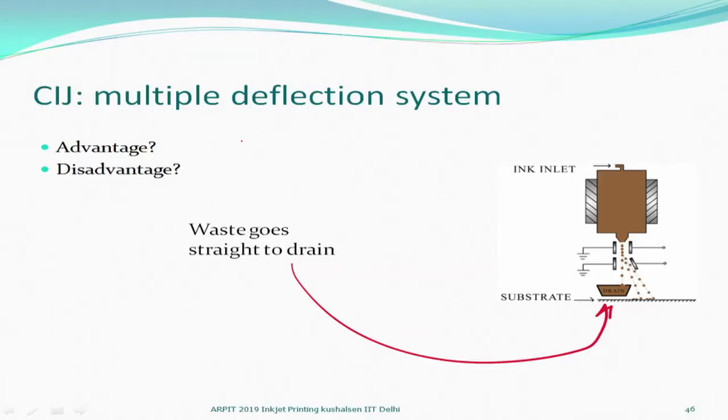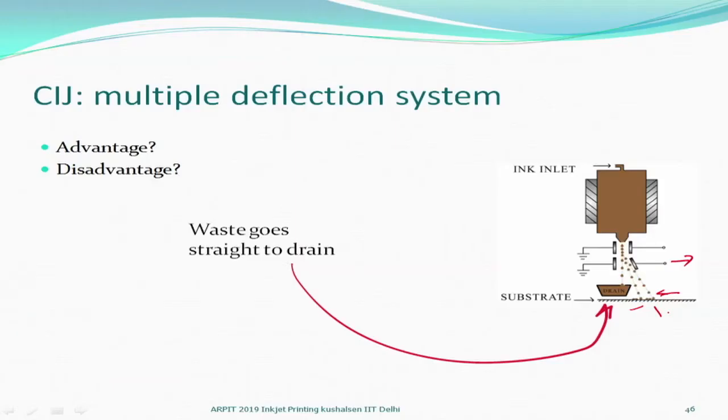Then in the continuous inkjet system, you have multiple deflection systems, which is different. Different in what sense? The drop that goes straight actually goes to the gutter, and you have deflection systems which can deflect more or less. That means you can put the drop at different places based on the signal that you have, right? So, continuously the drops are coming, and anything you do not want goes straight to the gutter. What you want can be deflected